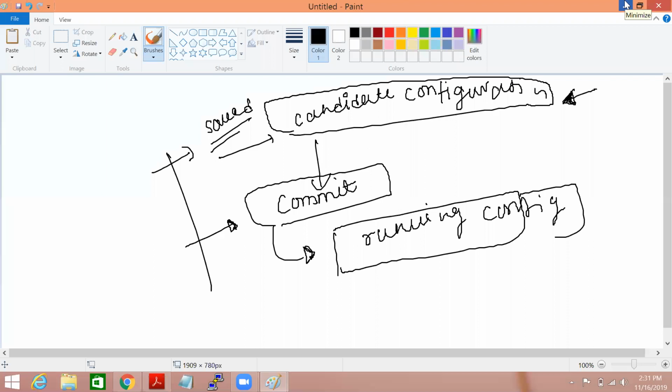In order to back up or restore, it always asks whether you are performing the backup or restore process for the candidate configuration or the running configuration. Running configuration means whatever configuration changes you applied will become part of the running configuration once you perform a commit.